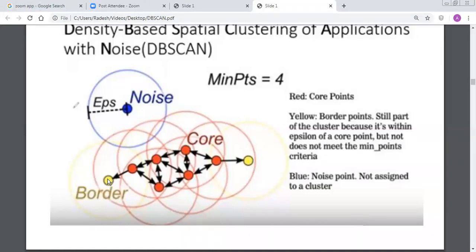One more important point to be considered is that in order to qualify as a border point, one of the points in the circle should be a core point. So here, this being the border point, apart from this, any one of the other 3 points should be the core point. Here, we have these 3 points as core points, so it satisfies the criteria. In the similar way, with this other border point, when you take this as a circle, these 3 points are core points. But as it is not meeting the criteria of 4, it becomes a border point.